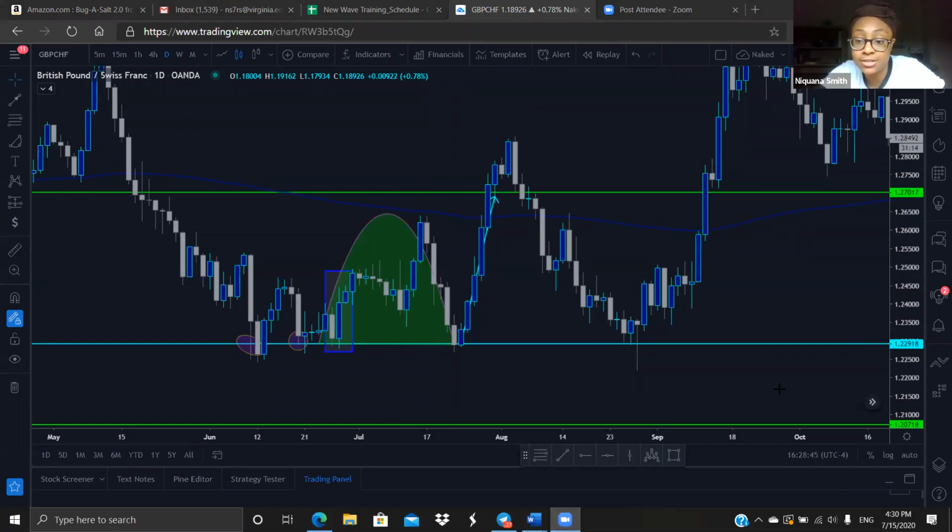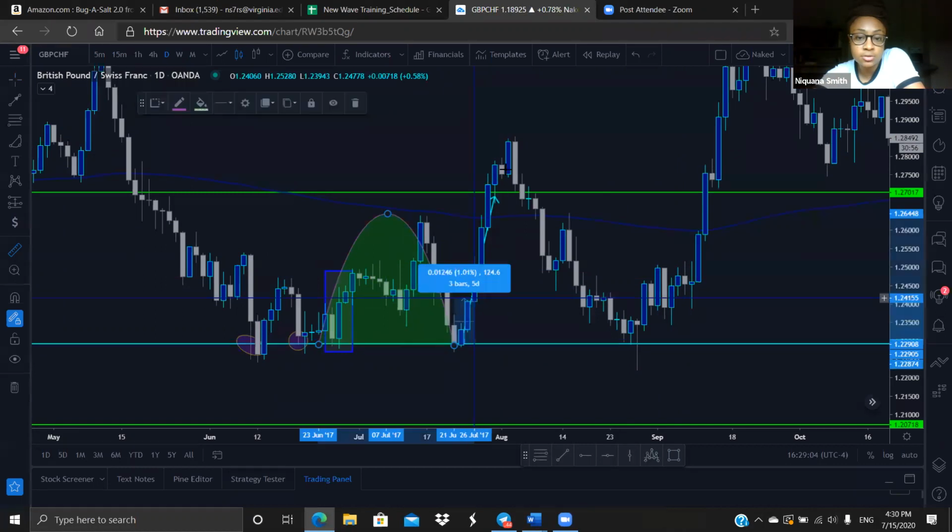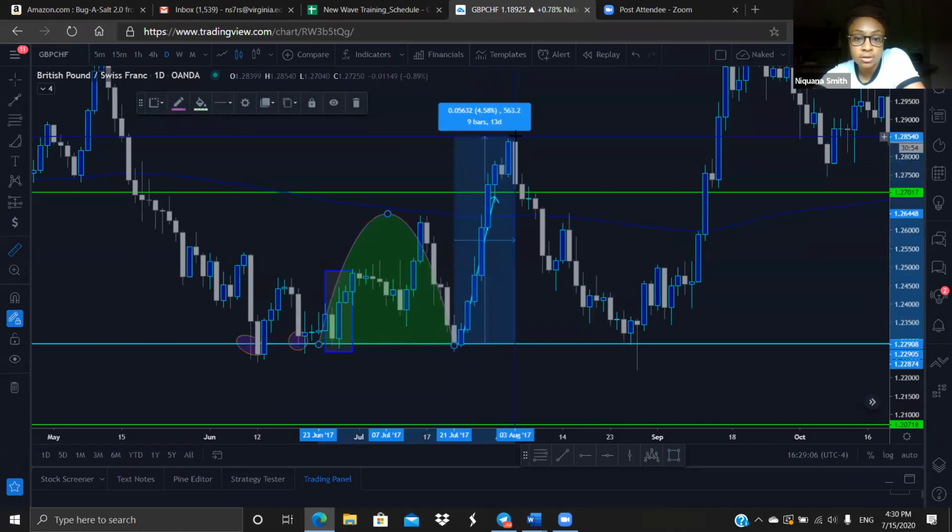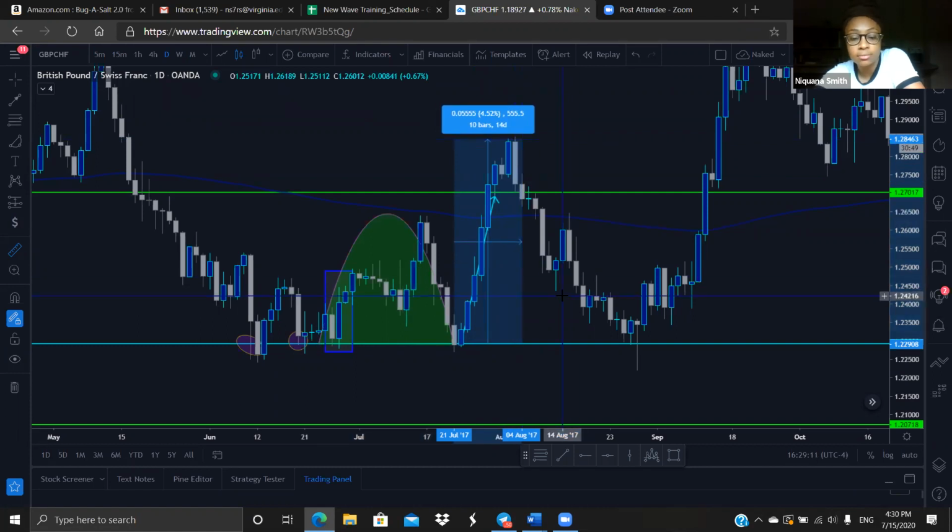Yes, cool. That is crazy. 500 and some pips. I mean, you had to wait. This right here was a swing trade. Most people wouldn't be patient enough to let this trade go as it did, because from this to here, it says it took 13 days to get to that amount. I would have been one of them people, because if I would have seen this right here